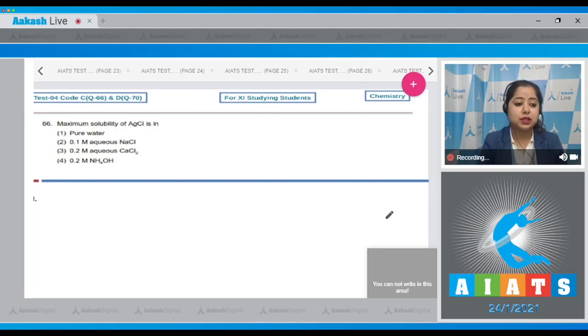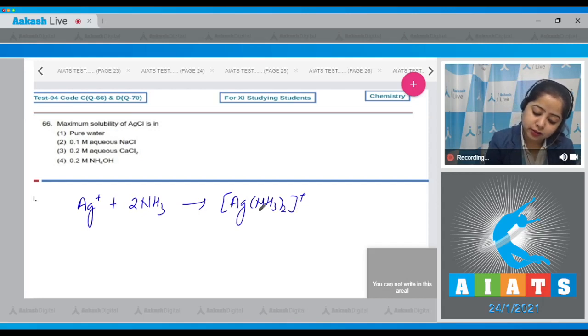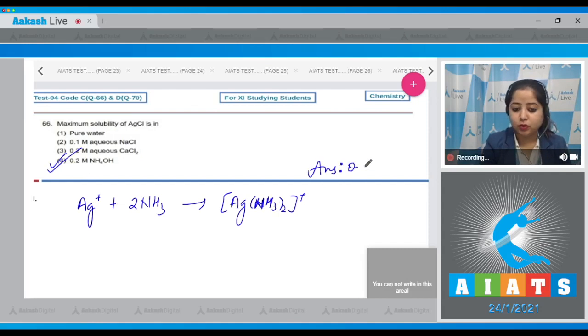Question number 66. Maximum solubility of AgCl is in pure water, 0.1 molar aqueous NaCl, 0.2 molar aqueous CaCl2, 0.2 molar NH4OH. Student, in this case, the correct answer is option number 4. The solubility of AgCl is maximum in 0.2 molar NH4OH since Ag+ ion forms a complex with ammonia, which is [Ag(NH3)2]+. Because of this complex formation, the solubility of AgCl is maximum in aqueous ammonia, that is 0.2 molar NH4OH. So the correct answer is option number